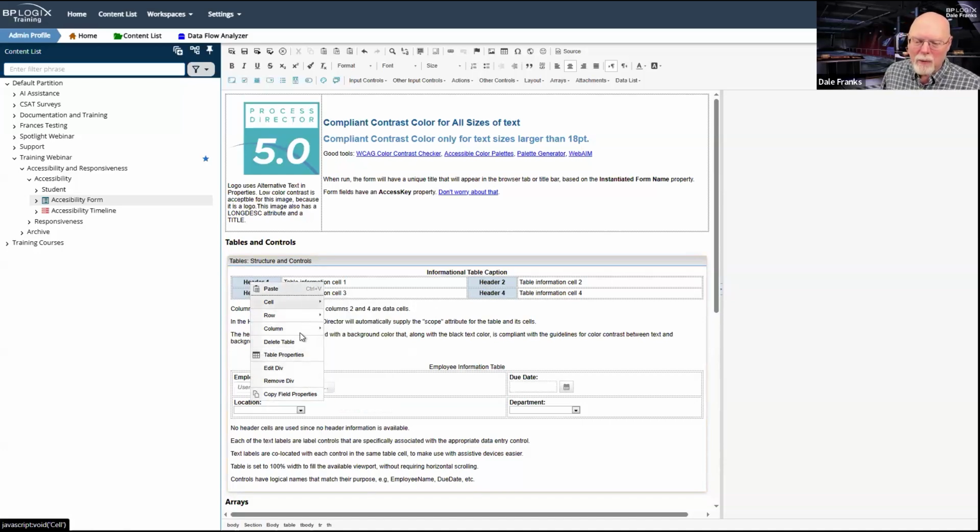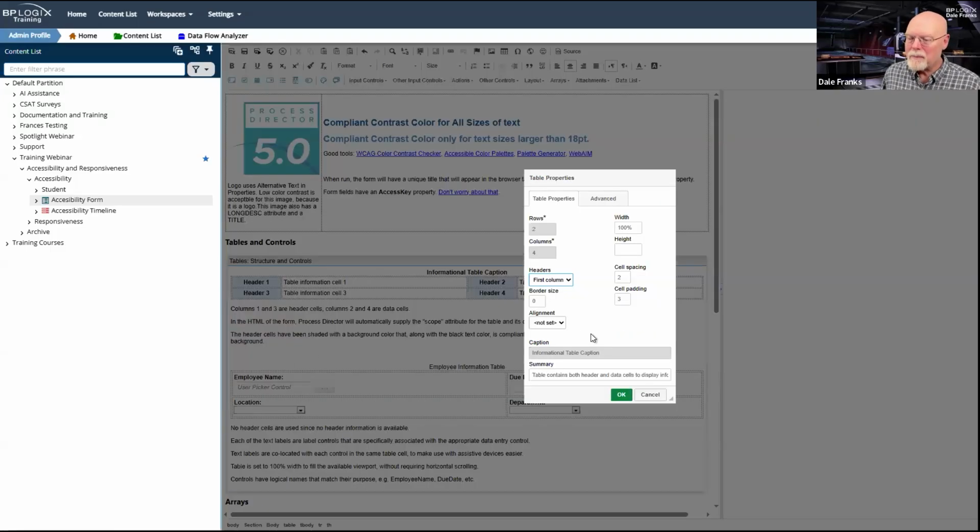let's go into table properties. So in the table properties, this kind of gets confusing, but this is where things can clash. So in my table properties, I have the first column, and those are my choices.